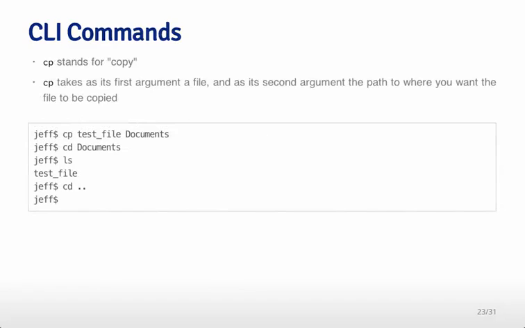CP stands for copy. Suppose you want to take a file and copy it into another file. What you do is pass copy two arguments. First is the file that you want to copy, and then the place that you want it to be copied to. So for example, if I type cp and then the test file that I've created, and then a directory, documents, it will take the test file and copy it into the documents